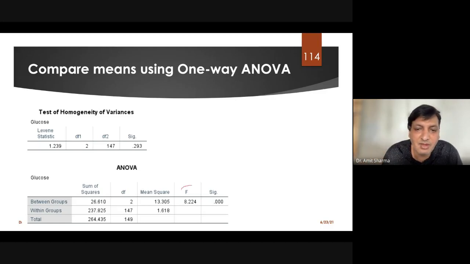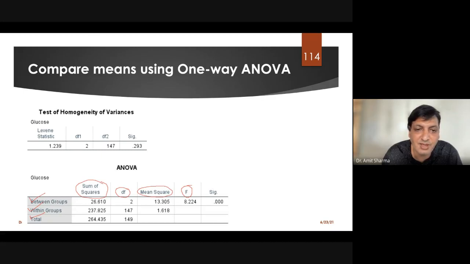In manual calculation, we have calculated F, so we got the value of F. We have calculated the mean square, MS, we got the value of MS. We have calculated the degree of freedom, we got the degree of freedom. We have calculated SS, sum of squares, and we have got the value of sum of squares here. And as we have calculated three times, for between, within, and total, the same here we are getting values for between, within, and total. So for all the three, between, within, and total, all the three values are there.